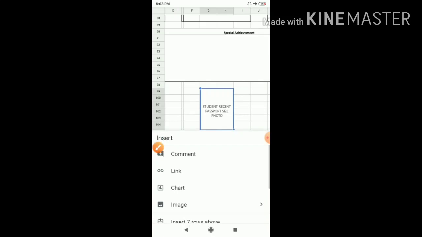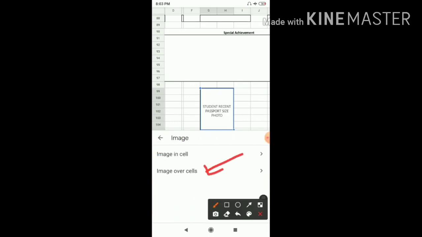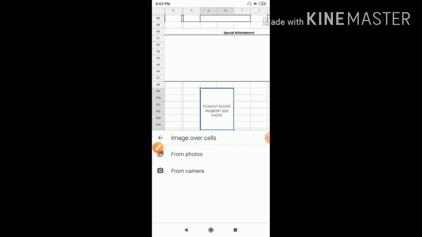The moment you click on the plus symbol, you'll get image. On image you tick. Then after image, you tick on image over cells. Then you tick on from photos.